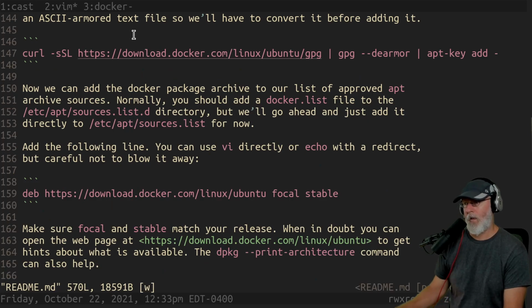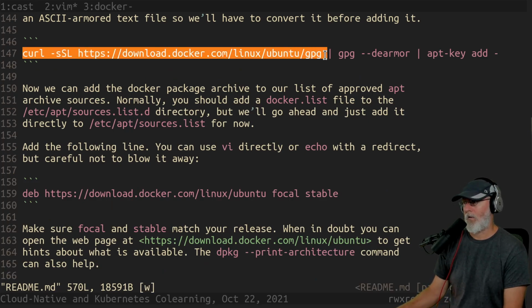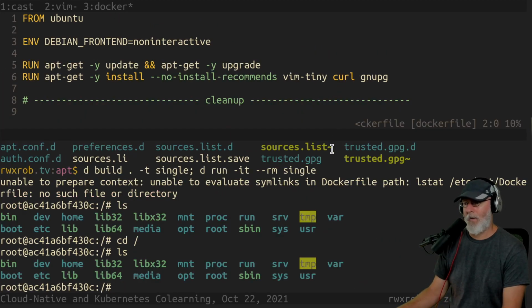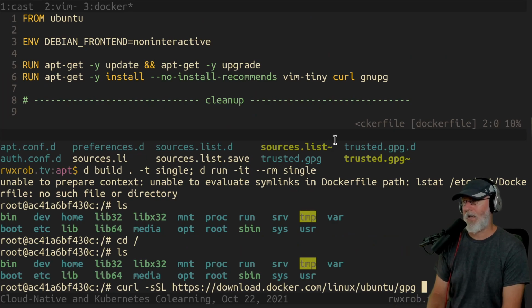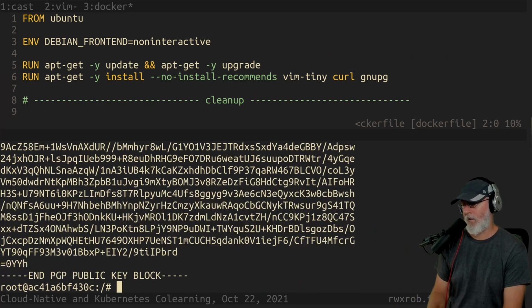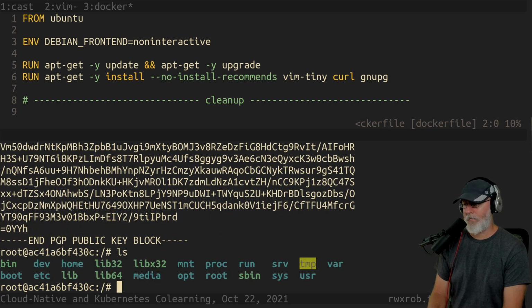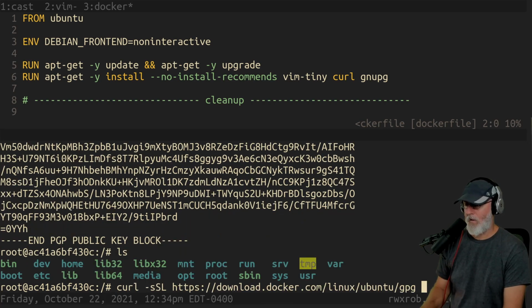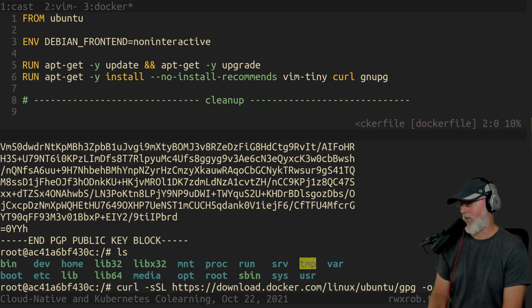Let's try our thing. Let's do this. Let's do curl. And we don't have to dearmor it now because why? Because it said ASCII is fine as long as you do .asc as the default on the end. So there's our ASCII, right? So I actually have a feeling that yes, we can do this. We can do an O on this, and we can put it, assuming there's a file for this. So we can do etc apt /